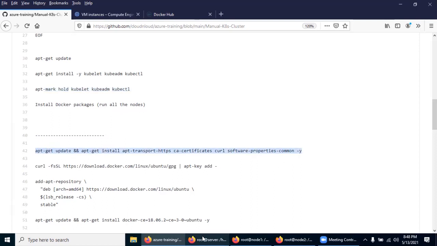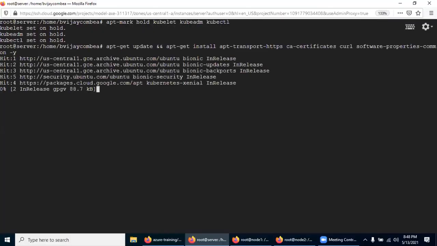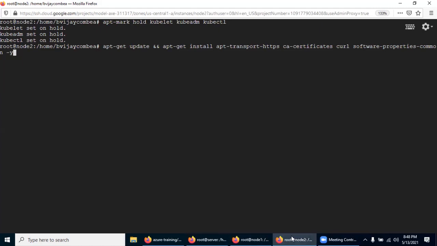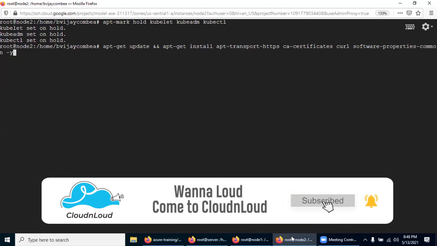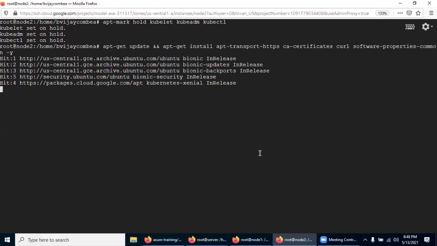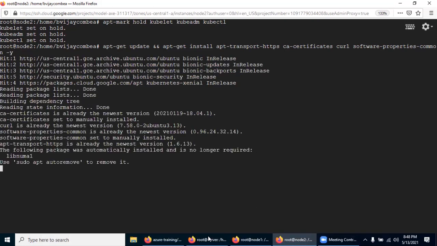Let's go with this. Since I said run on all nodes, we need to execute this command on all 3 machines. All 3 machines are now installed.